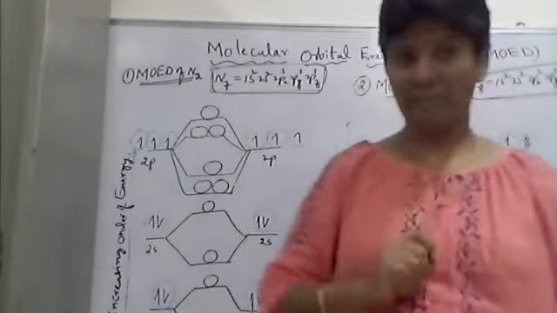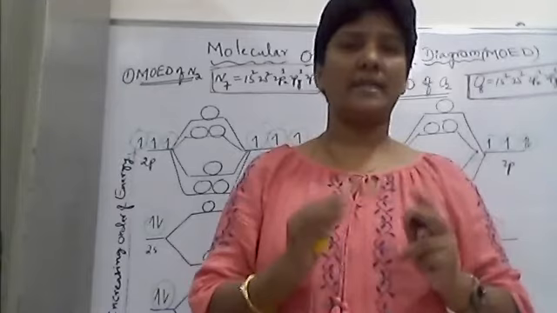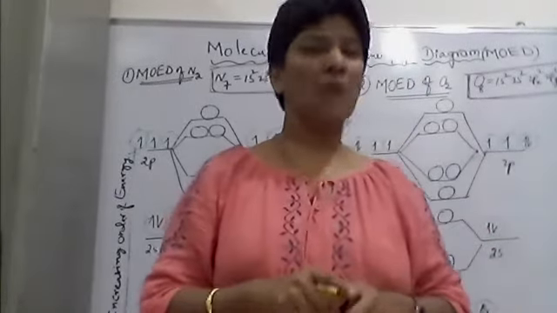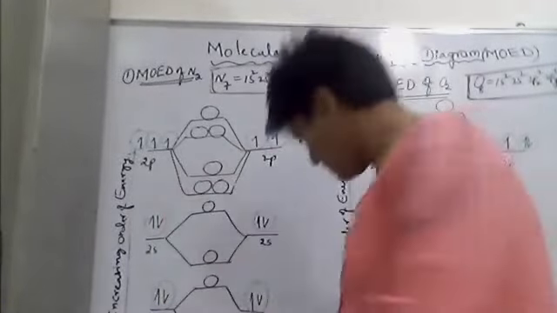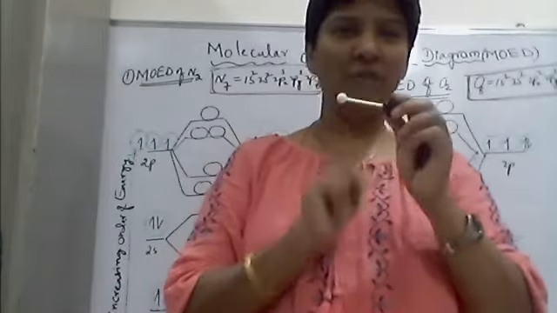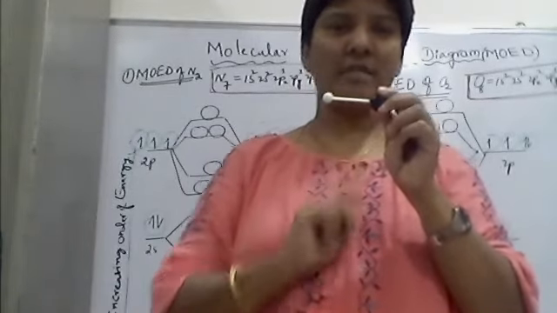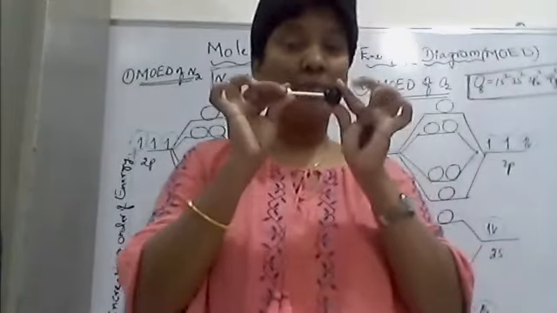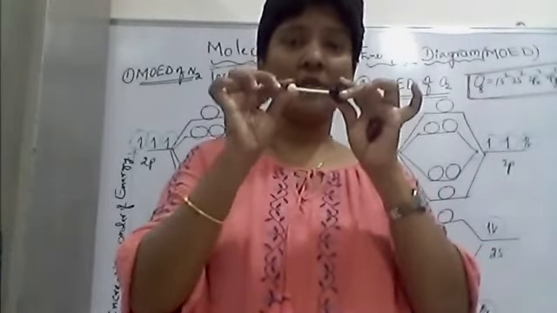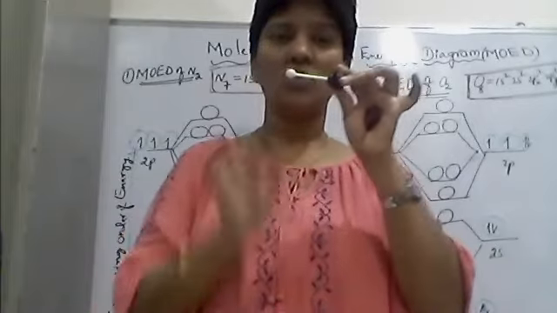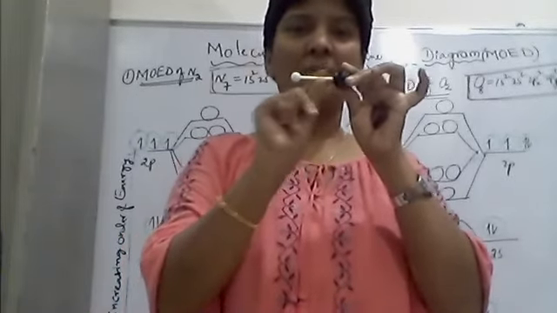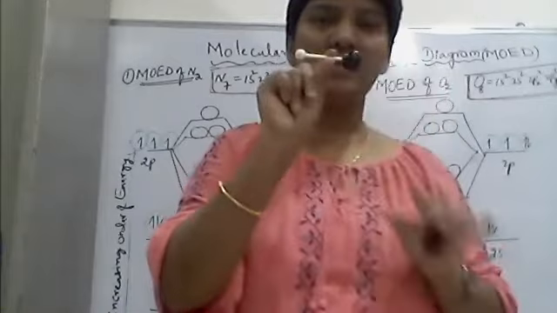And I hope you all know that. What is bond order? Bond order means the number of bonds between two atoms. See here, I have two atoms. One is carbon, black is carbon, and the white is hydrogen. We all know that hydrogen can form only one bond, so there is a C-H bond. Between the carbon and hydrogen, how many bonds are there? One. So the bond order is 1.